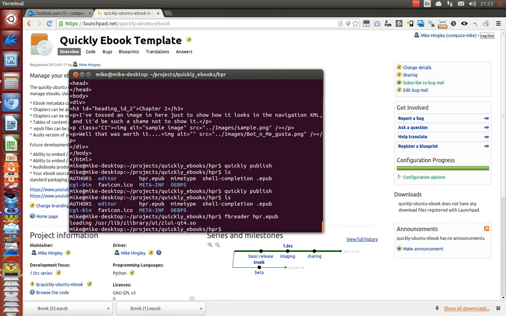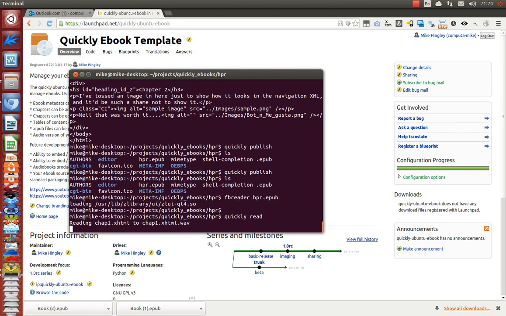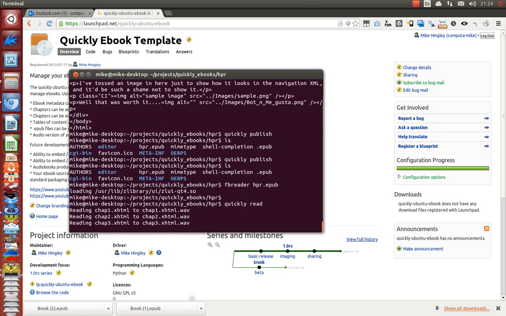We can also do cool things like, this is still very much a thing I'm working on, so this may not work. I've not actually tried this in a while, so let's see what happens. Quickly, is it read? So what it's doing now is it's reading each chapter to a WAV file using festival text to speech. The idea being that once you've got your WAV files, you can then stitch them together to form an MP4 file with chapter markers,